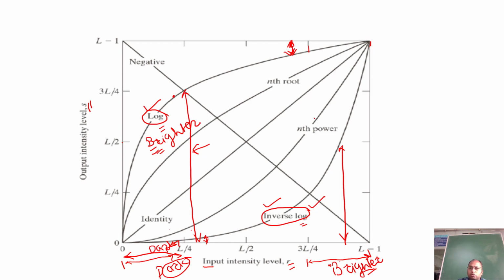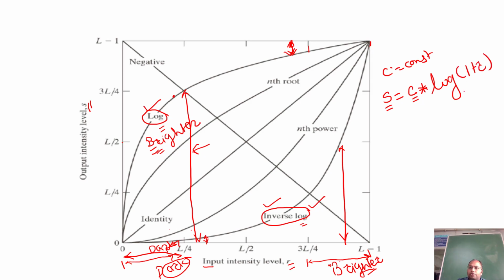Let us check what exactly we are going to perform in the case of the logarithm kind of transformation. We are going to map the s pixels, the output pixels, as c multiplied by log of 1 plus r, where c is some constant.